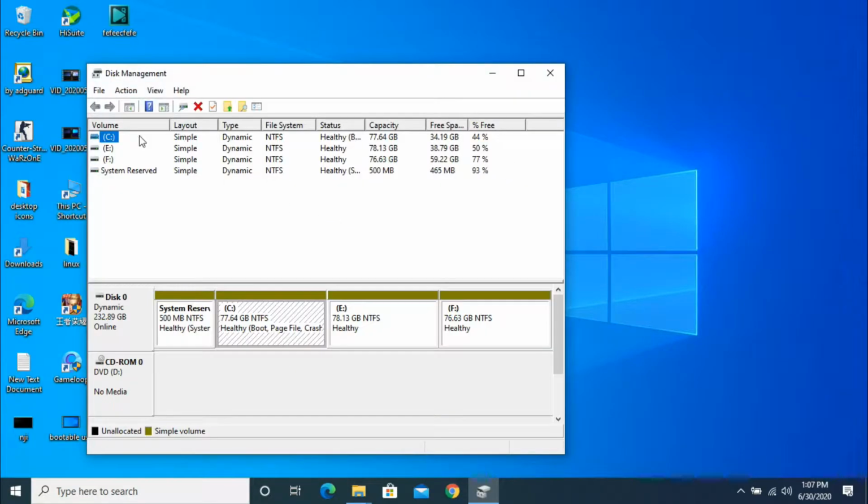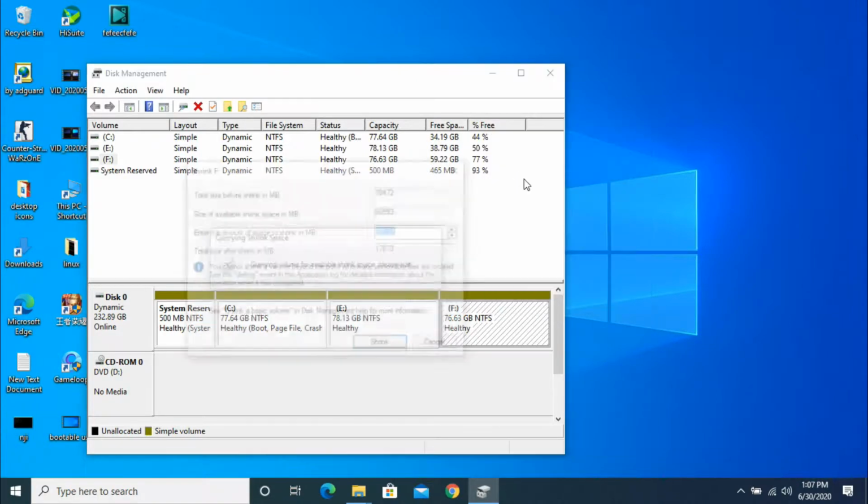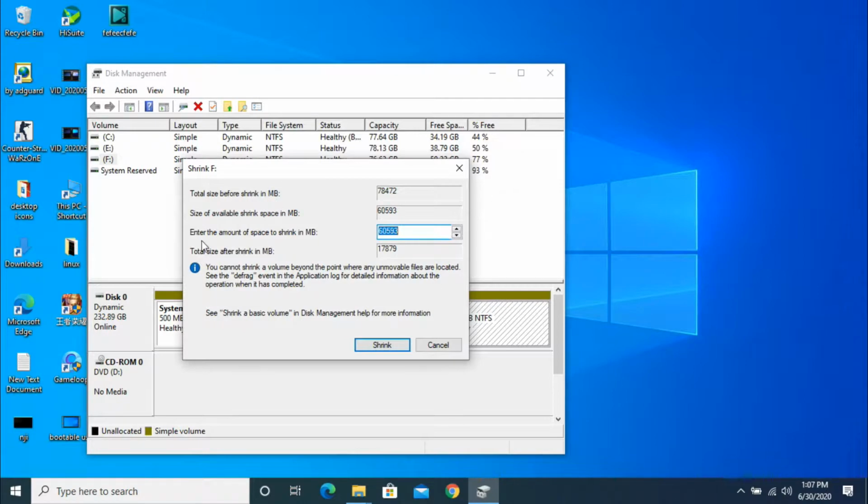Disk management is open. So what I am going to do, I will break F drive into two spaces. So I will make equal partition. Right click, then shrink volume. Enter the amount of space to shrink in MB. So I am making equal partition, so I will select